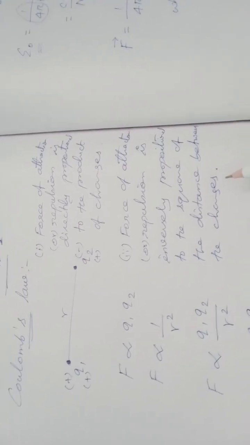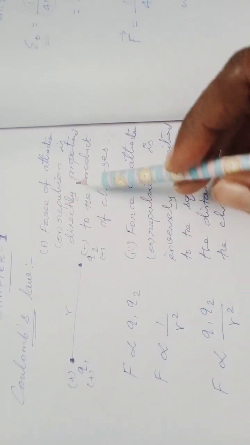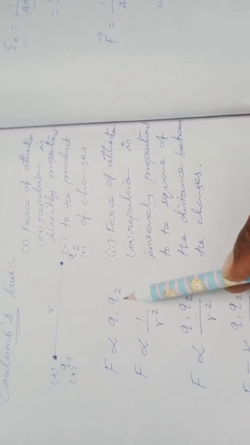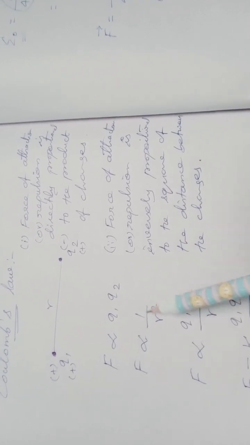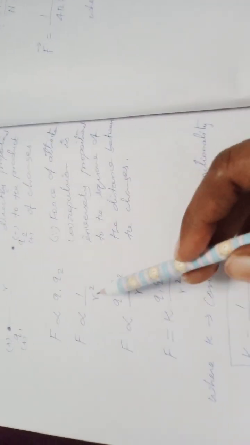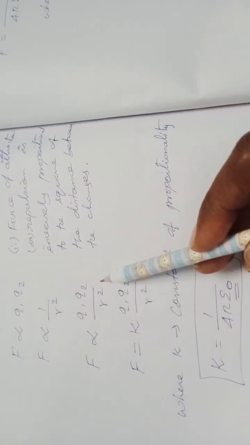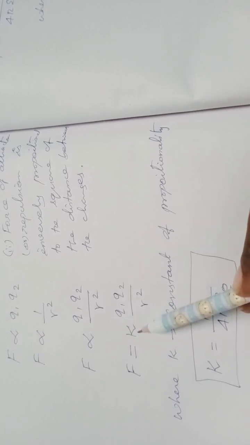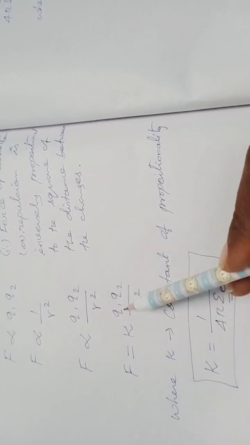If this question is asked as a 3-mark or 2-mark question, then you can first draw the diagram, then write the statement, and derive the equation as follows. F is proportional to Q1 Q2, and F is proportional to 1 by R square. Combining these two, F is proportional to Q1 Q2 by R square. Here we remove the proportionality symbol and introduce one constant K. So the equation becomes F is equal to K into Q1 Q2 by R square, where K is the